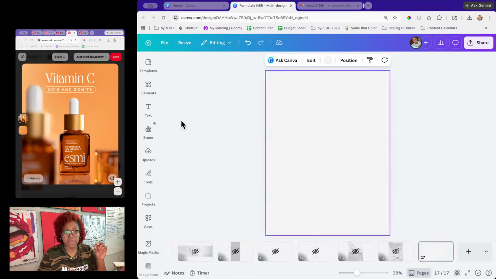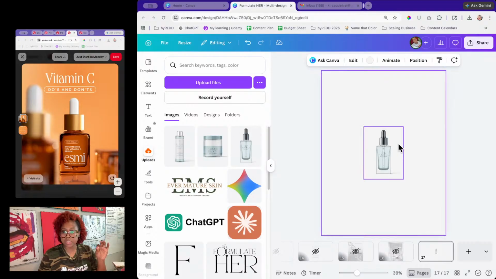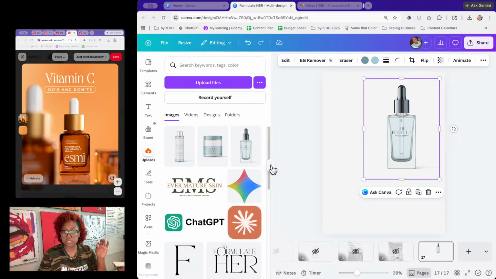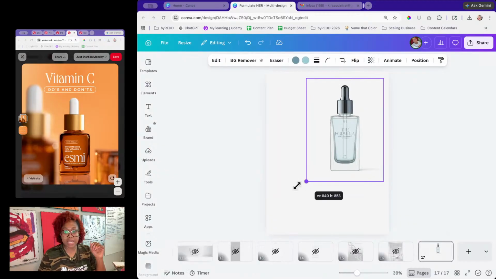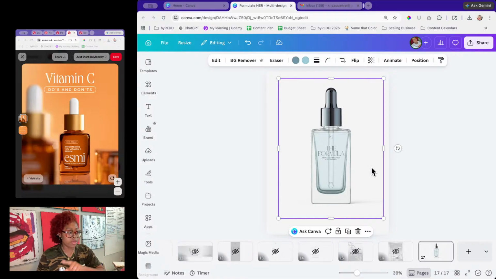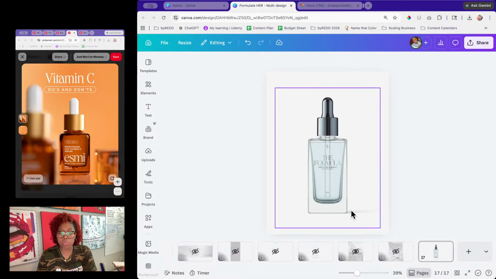Actually, no, I'm not gonna copy because it's just in my uploads. So I'm gonna grab our serum bottle. This is our serum bottle. I'm gonna make it just a little bit bigger. And again, I'm copying exactly how it is on the actual flyer. Okay, so this is about yay big, and we do have a little shadow from the